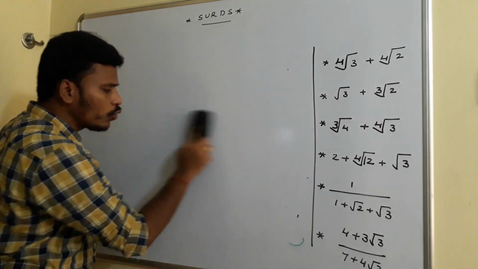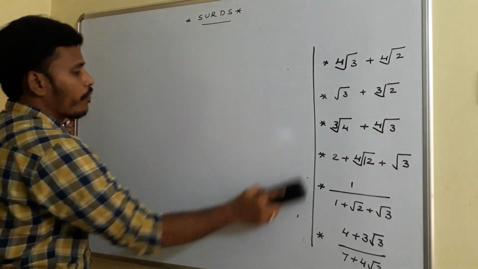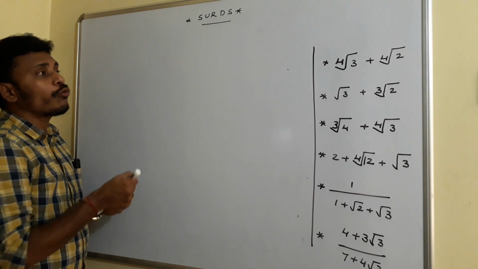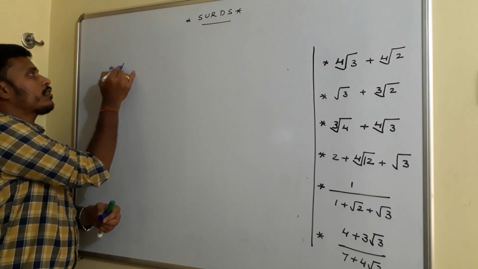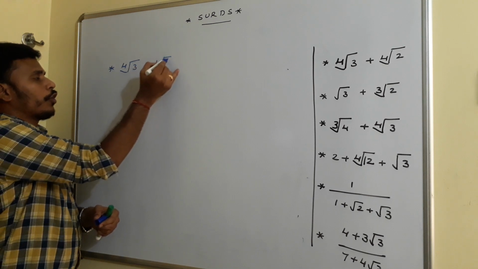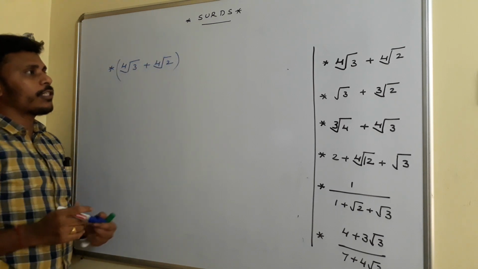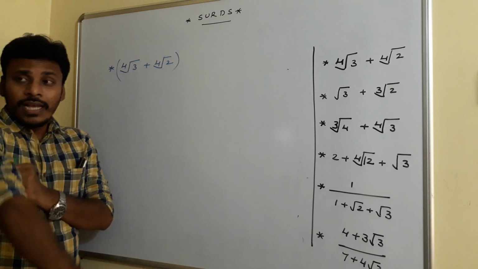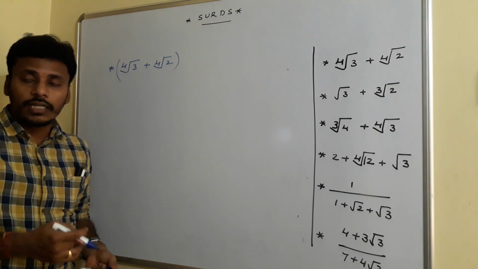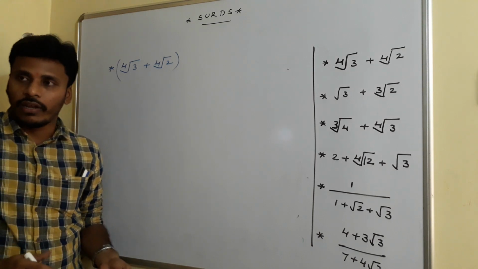See, you need to think about the given form. The given form is 4th root of 3 plus 4th root of 2. So what do you need to multiply? Since the problem is 4th root of 3 plus 4th root of 2, you need to reduce this 4th root, that means power 1 by 4, you need to reduce. As it is given as a 4th order surd, first you need to reduce it to a 2nd order surd, and then you reduce it to the normal rational number.